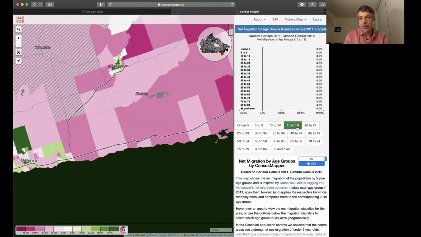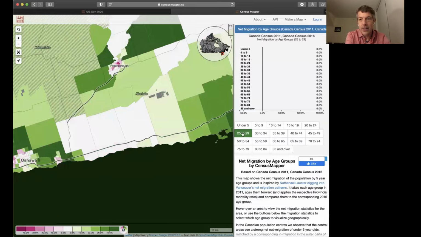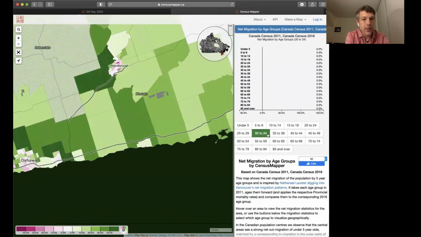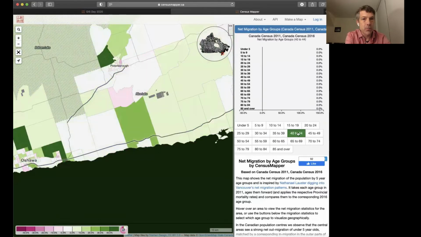And then if we go to the 15 to 19, we see the whole area basically lose them. Those are kids that will probably be in university the year after, or move somewhere else, leave their parents' home. And that trend continues. For people in their 20s, they're still dropping out. And then the 25 to 29-year-olds, those are maybe the parents of the under 5-year-olds, and they're coming back into